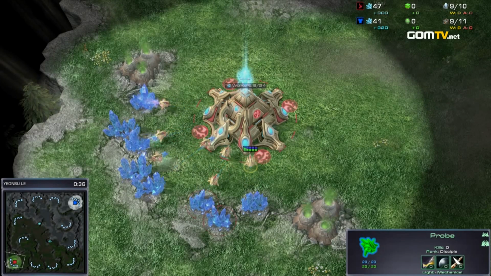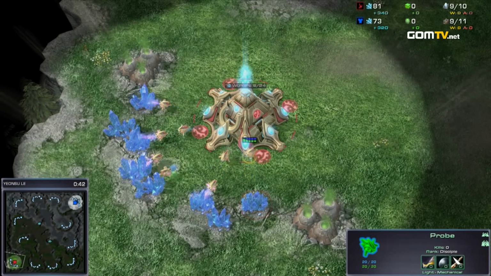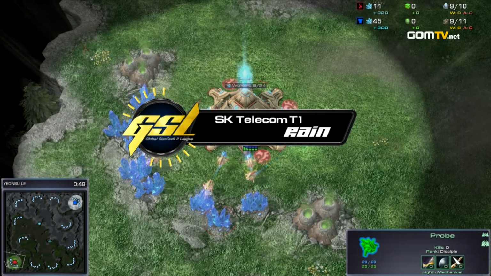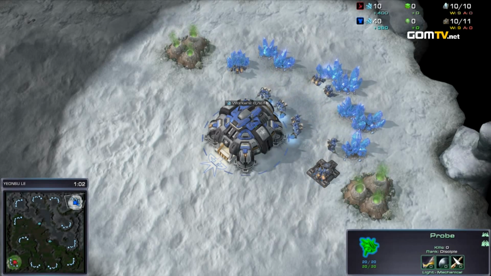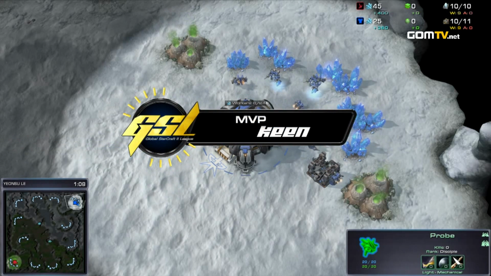In the bottom left, we have our Protoss player, a champion. He is SK Telecom T1 Rain. And over here in the upper right is our only Terran today. He is MVP Keen. The place he puts his depot there, it reminds me back when this game was brand